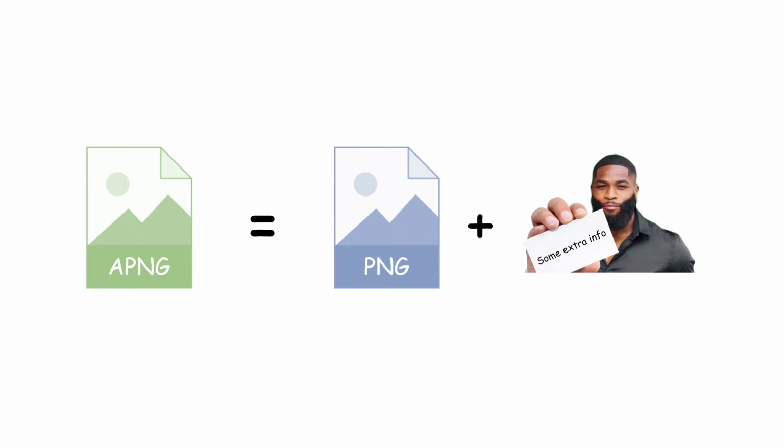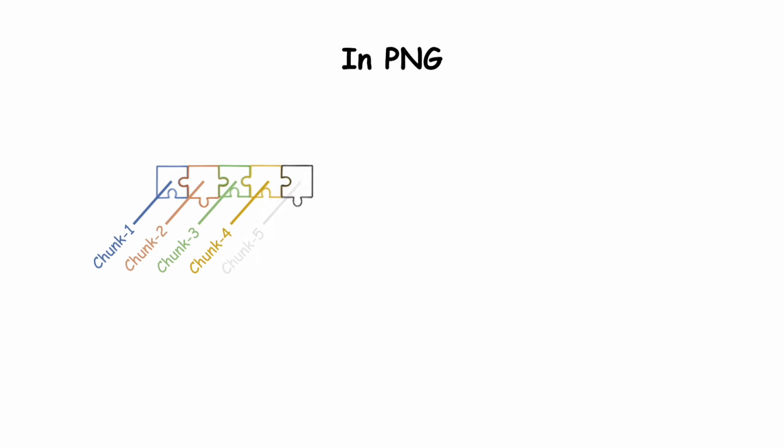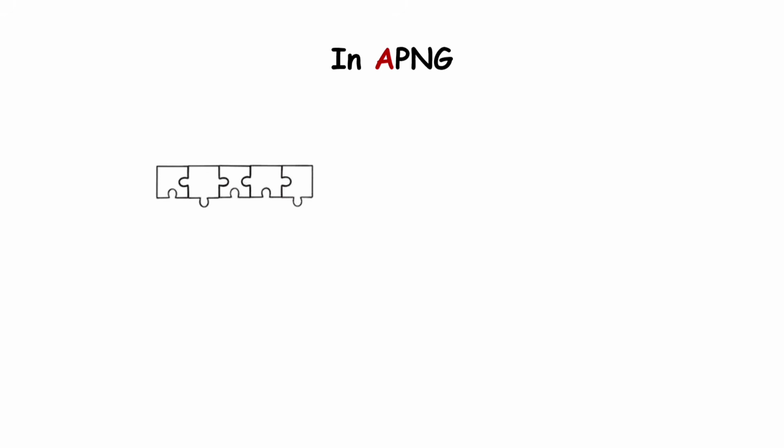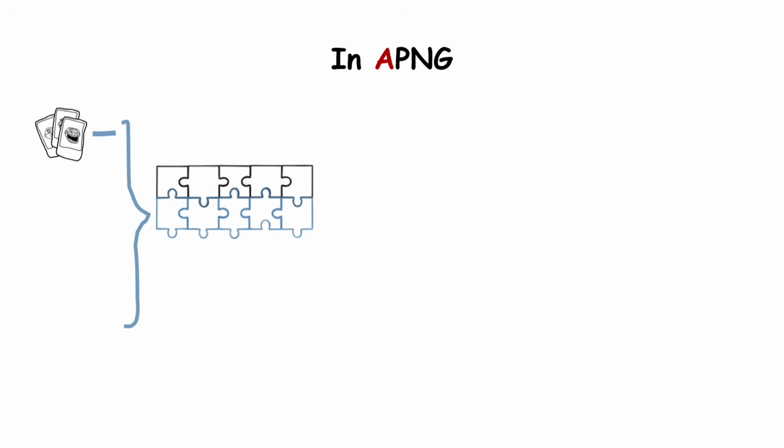This decision of theirs led to the creation of the APNG, or Animated PNG format. An APNG file is actually a regular PNG file with some extra information. A regular PNG file is made up of several different chunks, each of which contains vital information for displaying a single image. In the APNG format, in addition to the chunks present in PNG, we also have a number of extra chunks, which include the animation frames, their playback timing, the way they are displayed, and some other information essential